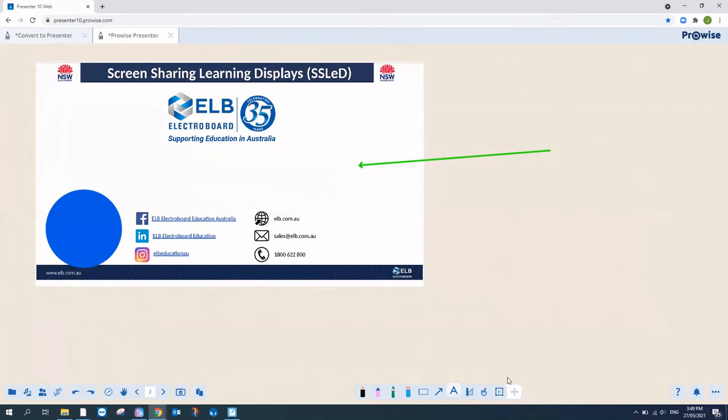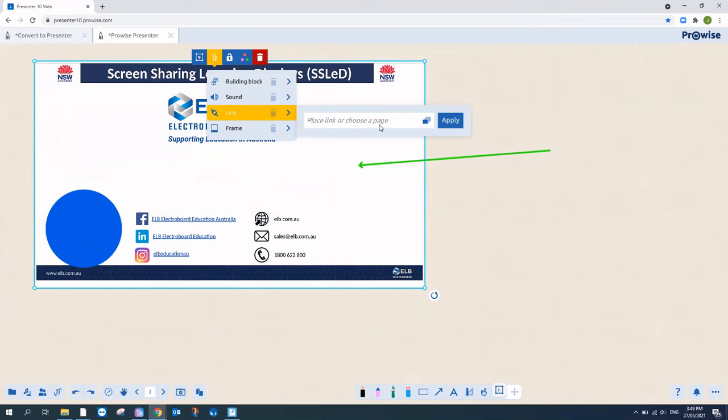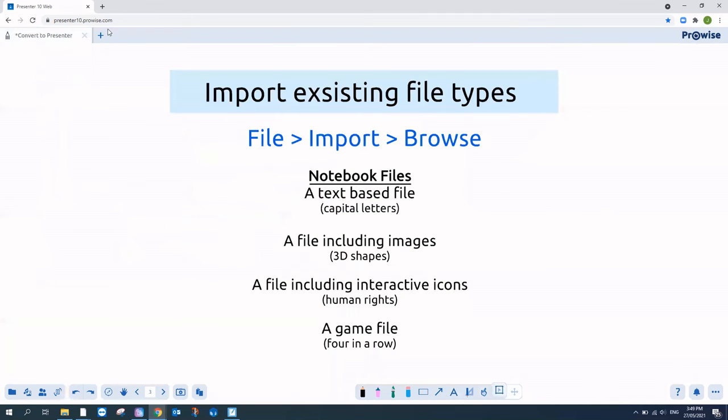If I wanted to add a link, you just press edit, select the object you want to add a link, and you just copy and paste your links into here. Okay, so it does the same as well for